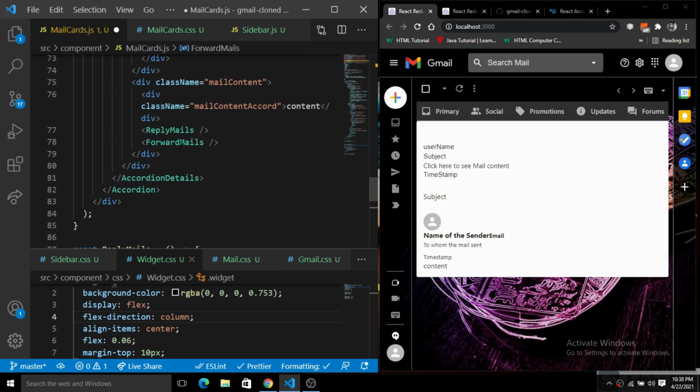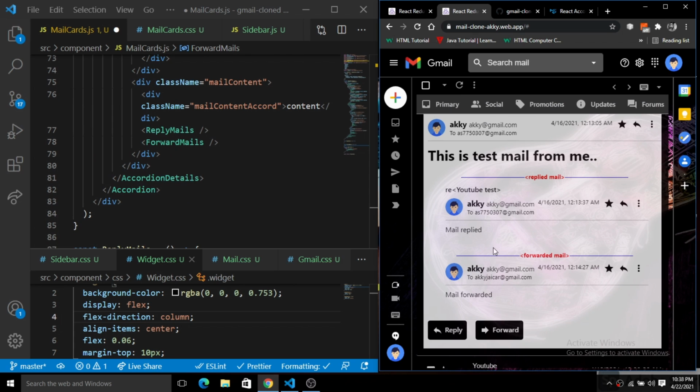Okay, so after that, if you see the deployed version here, we have this replied mail content. We have to add the content of the reply mail, and then we have to add the content for the forward mail also. And after both of these things are done, then we have two buttons. So we will have to add both of these buttons here.